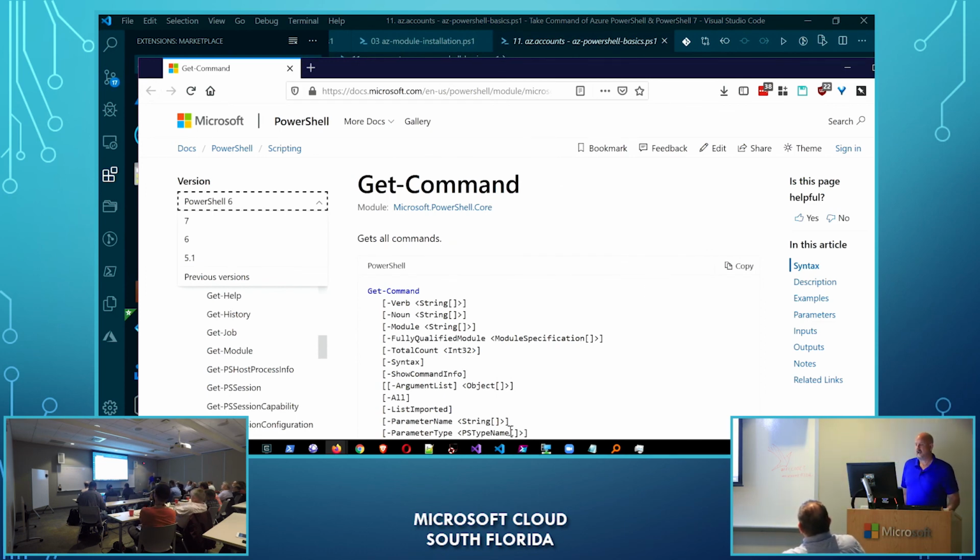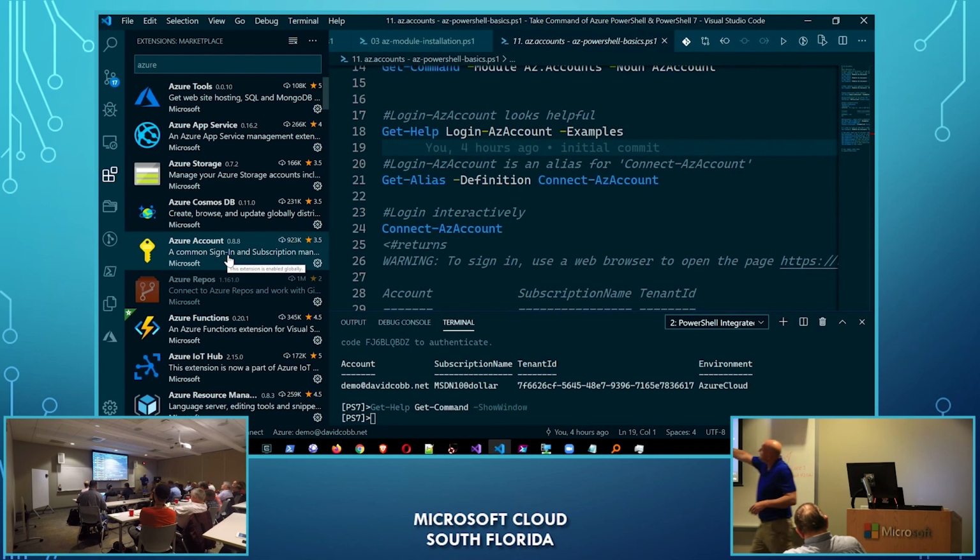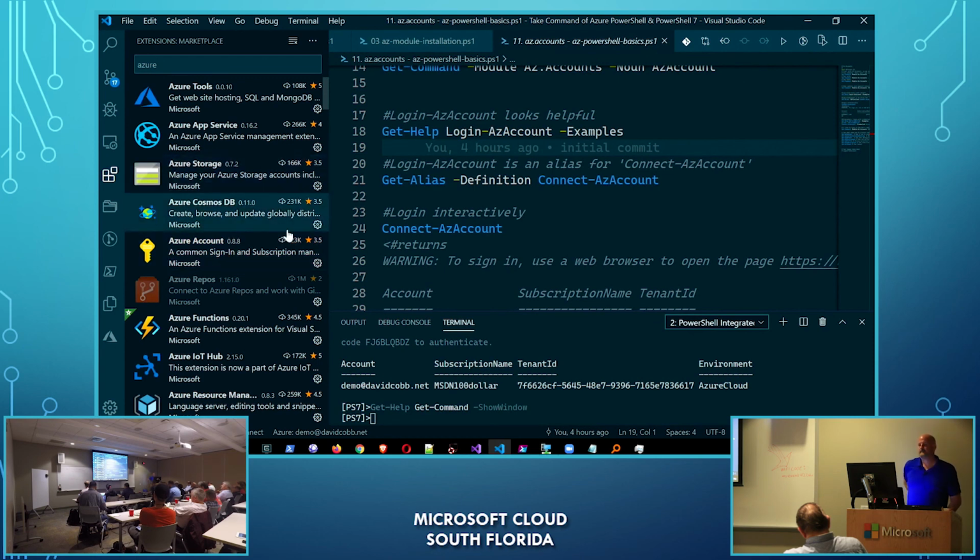So now that I'm connected, I'm actually using some of these other Azure tools. There's an Azure Account tool. This simplifies things a little bit, and gives you a couple other ways to connect. What's cool, like you see down here, my Azure demo, David, I'm actually connected in. I can see that connection there. So that's a handy extension to use, as well as